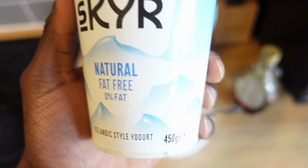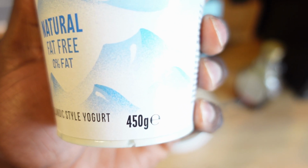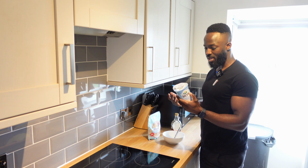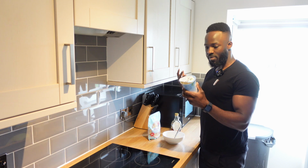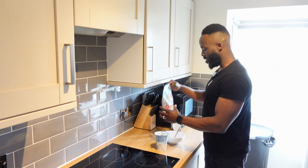Natural yogurt, the total weight is 450 grams. And so if I have half of that, which I do, then I'm around 225 grams of yogurt. With Lizzie's granola,